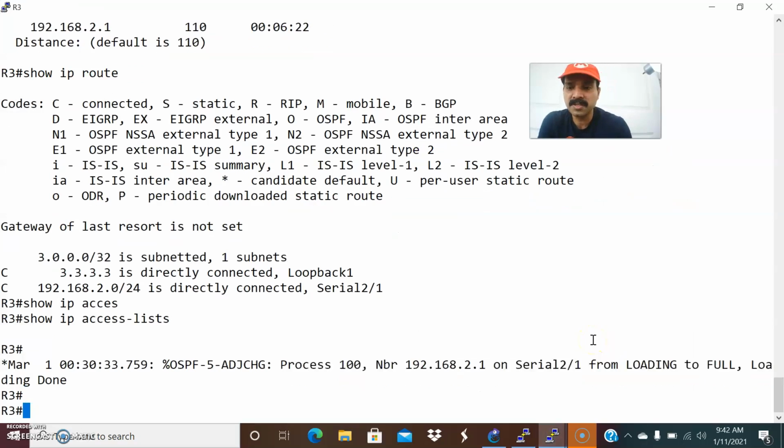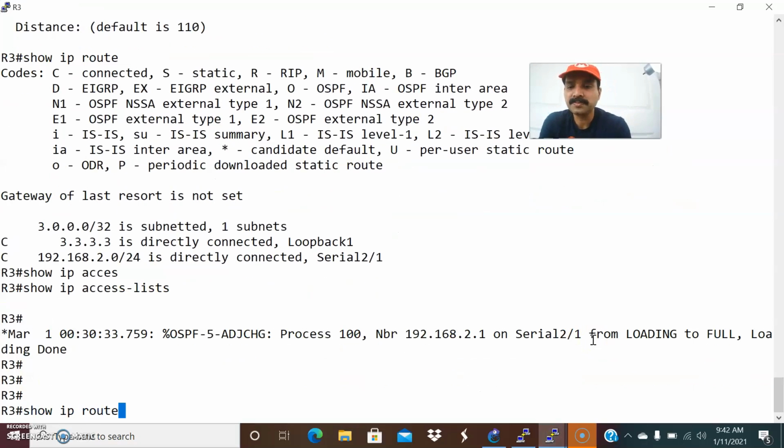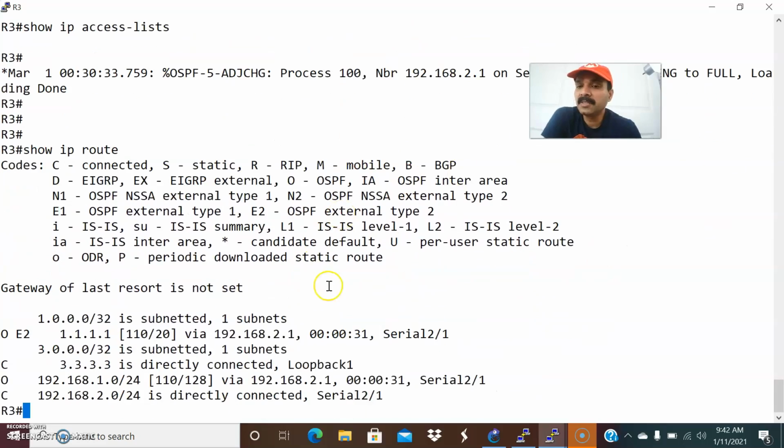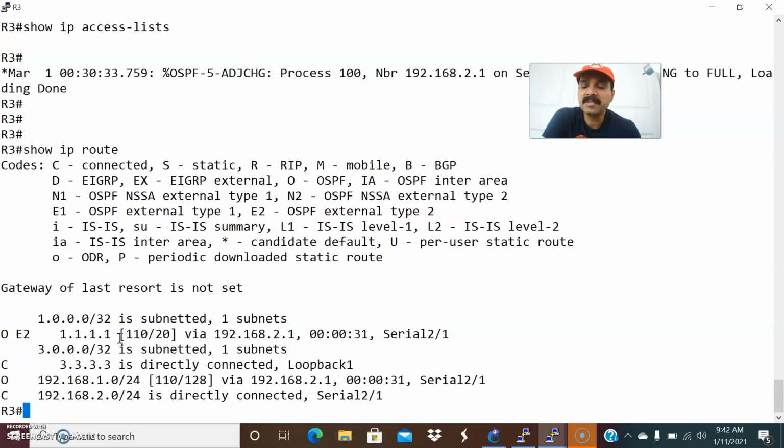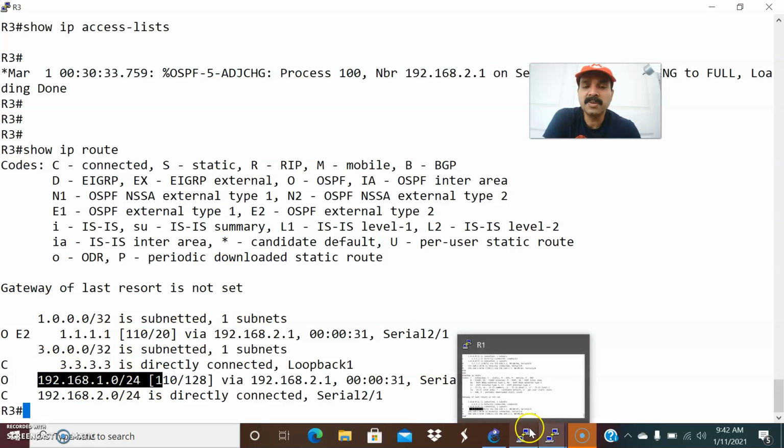Show ip route. In R3 you have to see the RIP routes. Yes, we are able to see the RIP routes. They are advertised as external routes. That is the reason we are seeing them as OE2. Since RIP is redistributed into the OSPF routing domain, it is showing as OE2, right? So we are seeing the OE2 and the OSPF routes, and all the routes in both the RIP and the OSPF routing tables.